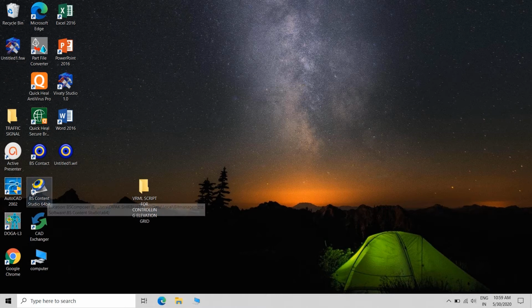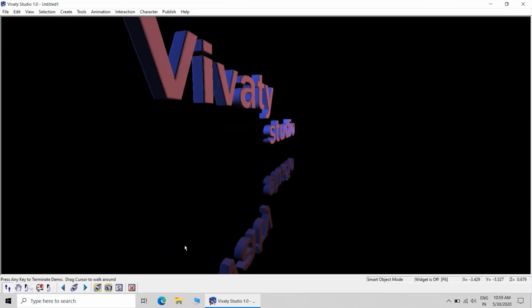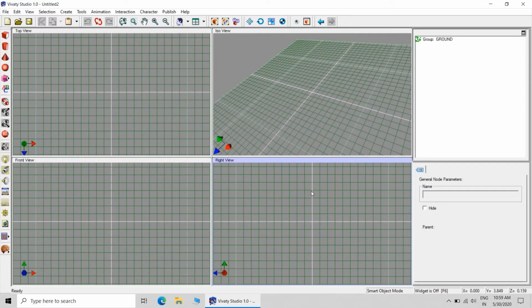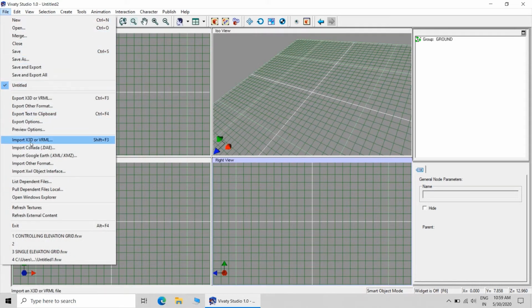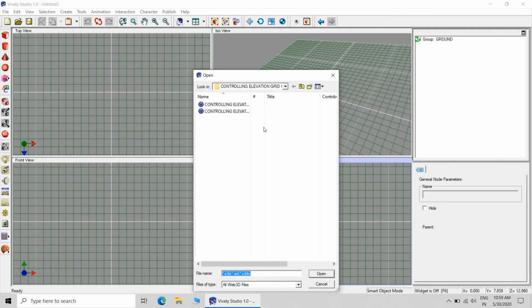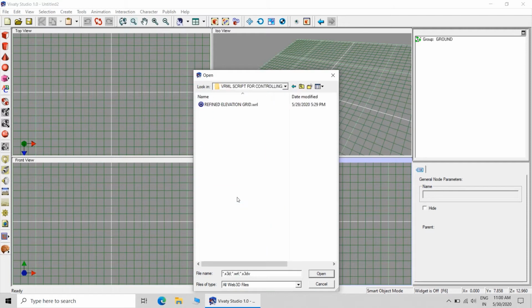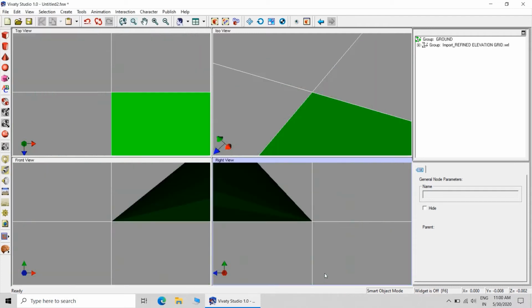So we will start with Vivati Studio. You open Vivati Studio and open a scratch file, the new file, and then you can start with the elevation grid. Now import the elevation grid that you want to control. I want to control the elevation grid which I have created, this is the refined elevation grid. This is the required elevation grid.